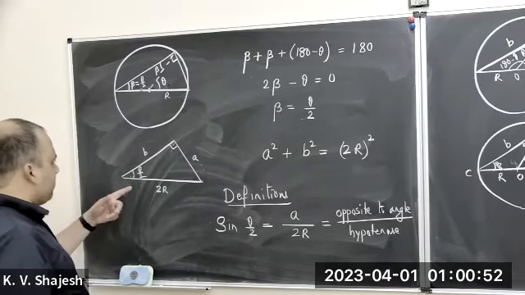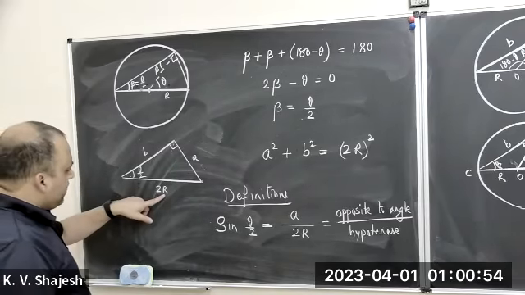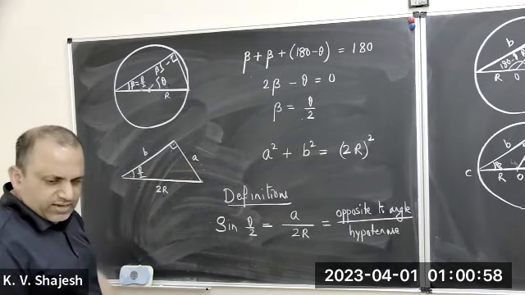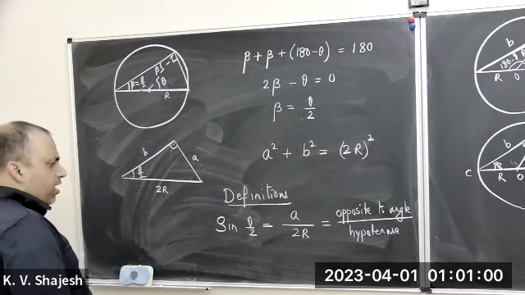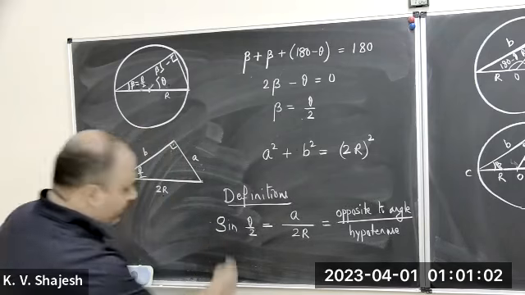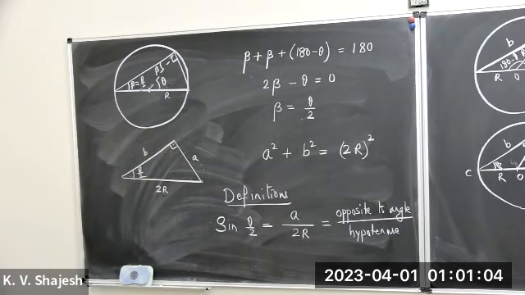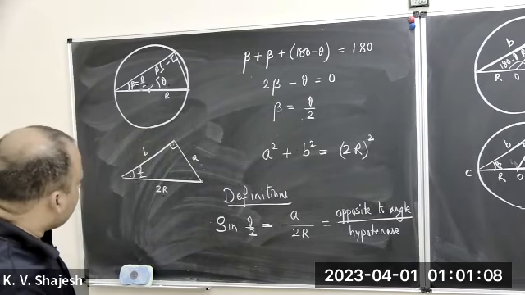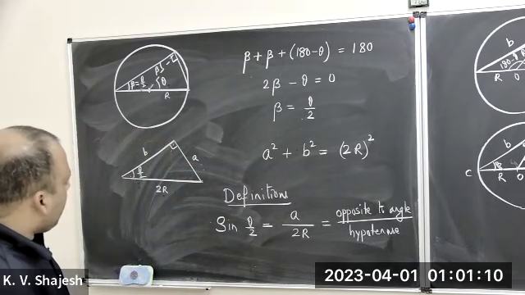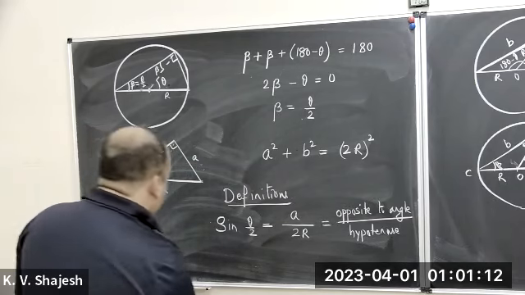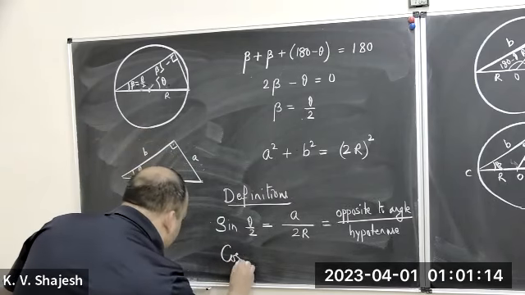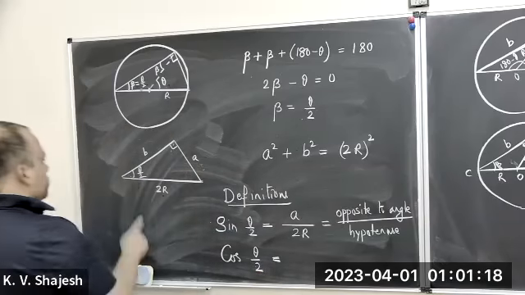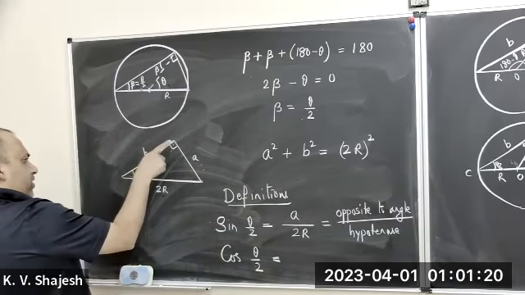So if I know the radius of the circle and the angle theta, that will allow me to calculate A in this manner, if I know this sine somehow, but we'll see how we can try to find this sine using some simple ideas. One more definition, cosine of theta over 2 is equal to,